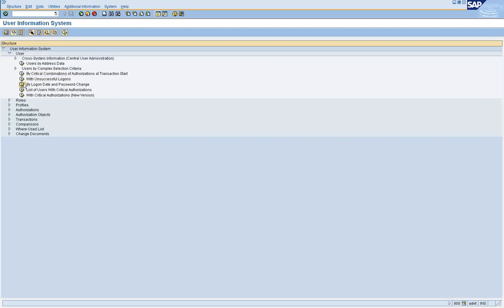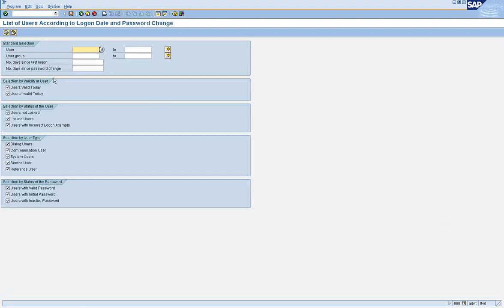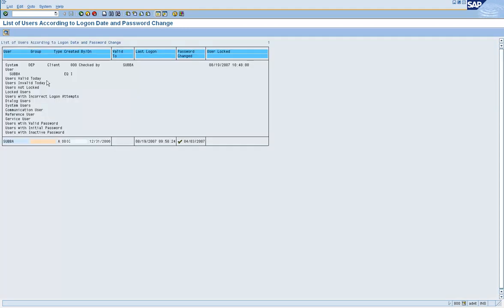By logon date and password change. For example, if I go here, it gives me that information about my ID, who created it, and when the password was last changed.